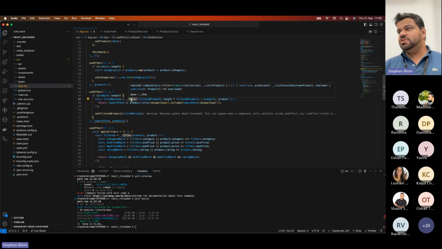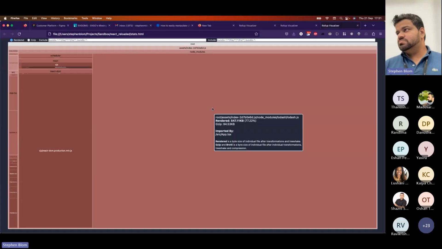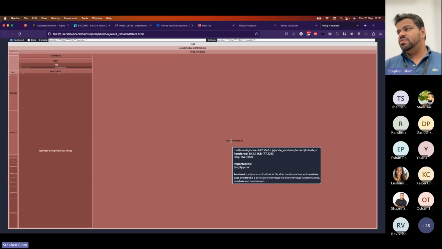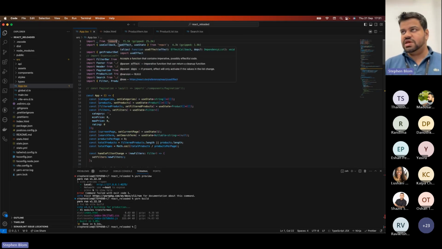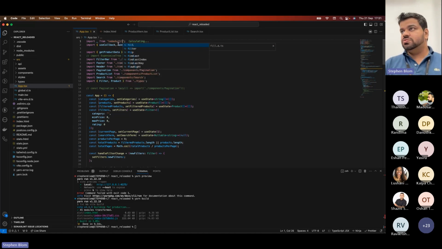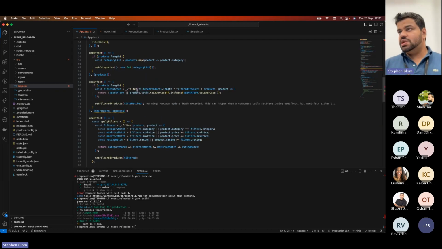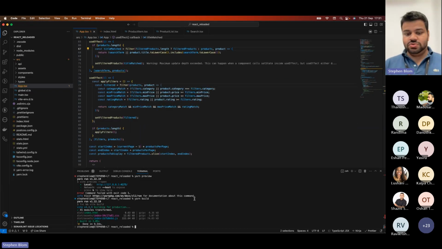So just for the purpose of using this single function, I'm having the entire Lodash library bundled. One thing you all could do with a library like Lodash is directly import filter like this, and then update underscore filter to just use filter. So now if we run the yarn build,